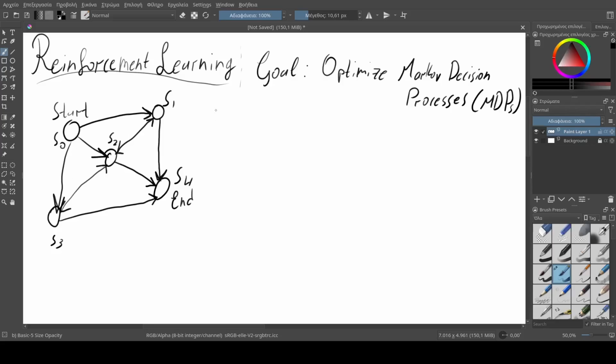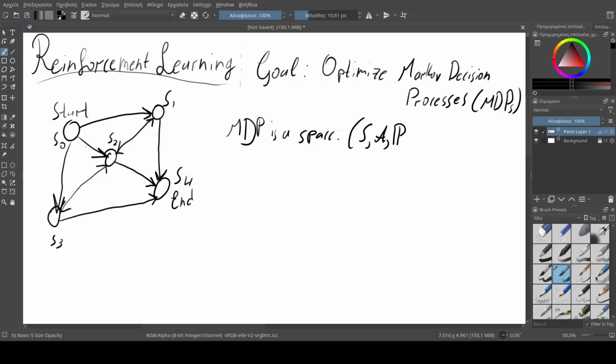These are the states. So to begin with, a Markov decision process is a space, a mathematical space, where we have the following. It has a set of states. So S0 to S4 is the state space. We have the action space, where the actions are the arrows. So from S0 to make the choice to go to S1 or S2 or S3, and from S3 to S2 or to S4, etc. We also have the transition probabilities.